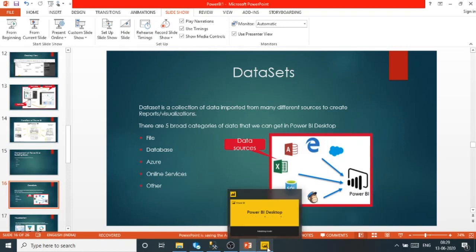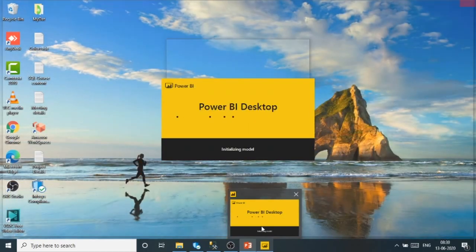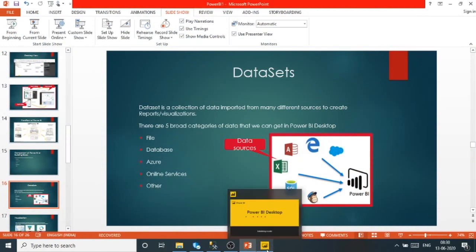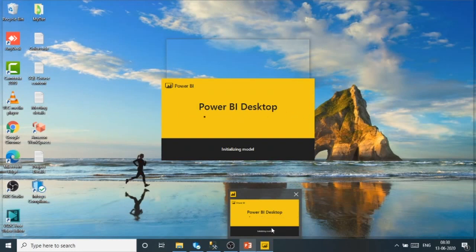So once you have installed the Power BI, you can face such kind of problems, like a model could not be loaded. So you can just Google, and you will be able to resolve this problem. Because so many guys are facing these problems, so that's why I'm saying.